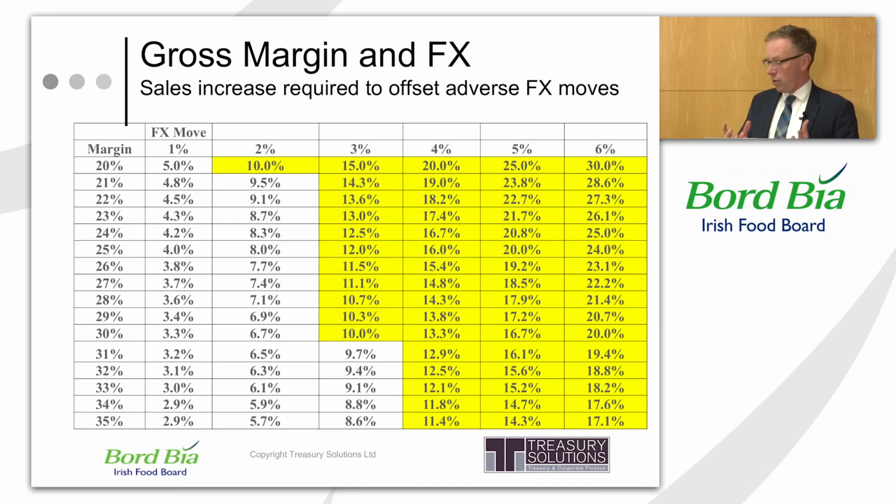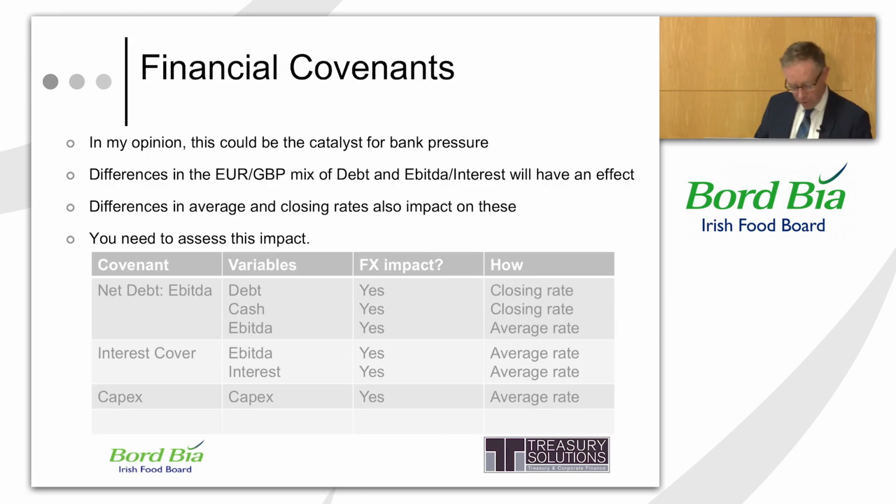So this is really just trying to translate to you the effect on your sales, the profit effect on your sales, of adverse currency movements. And I suppose the last thing I would say about this one is that the tighter your gross margins, the more important this becomes, because you can see the adverse effect on sales just kicks in more quickly the whole time. If we move on then to foreign financial covenants,